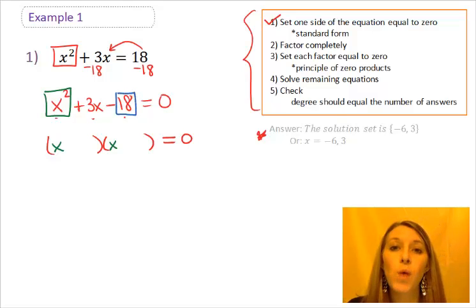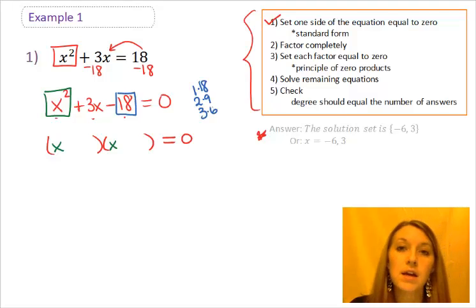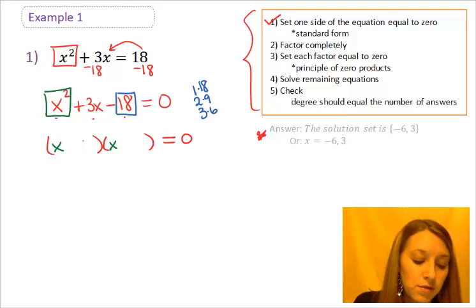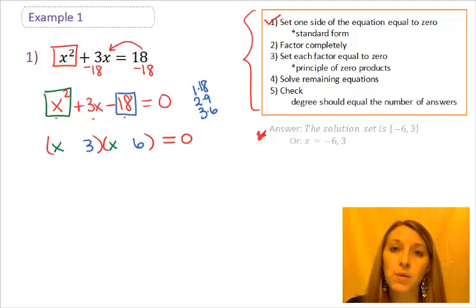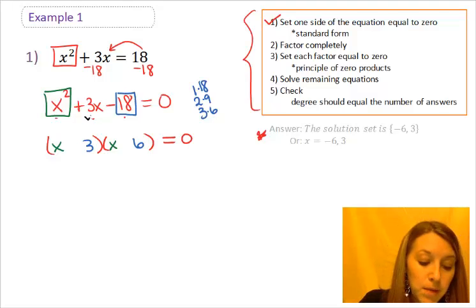I want to think of what times what gives me 18. I have lots of choices: 1 times 18, 2 times 9, and 3 times 6. I'm going to use my options of 3 and 6, and I'll explain why here in a second. Now I want to double check that my outside and my inside work properly to get my middle term